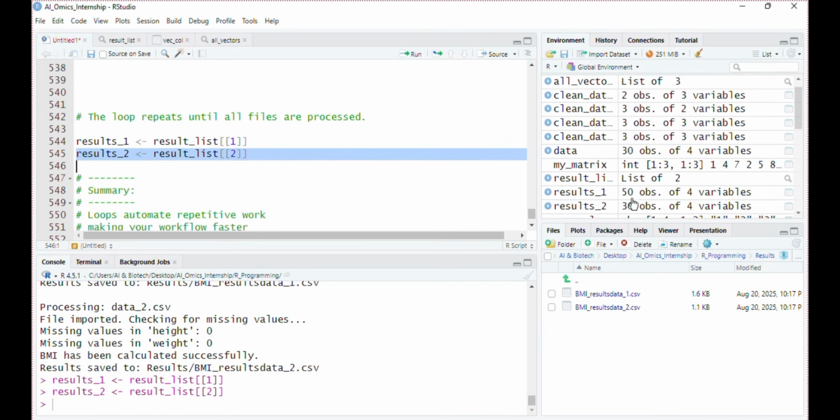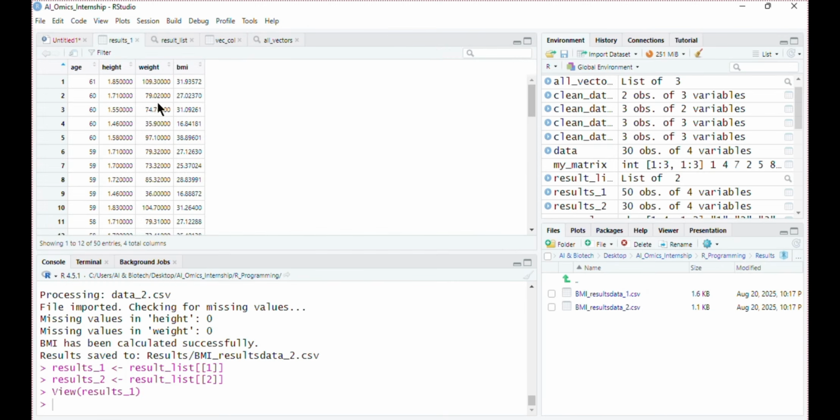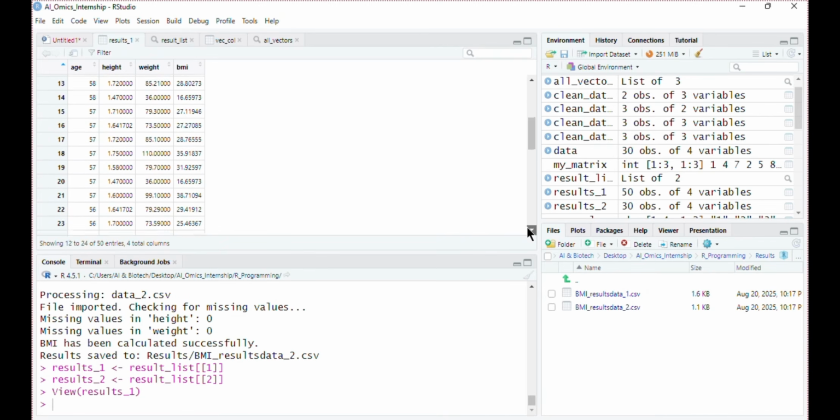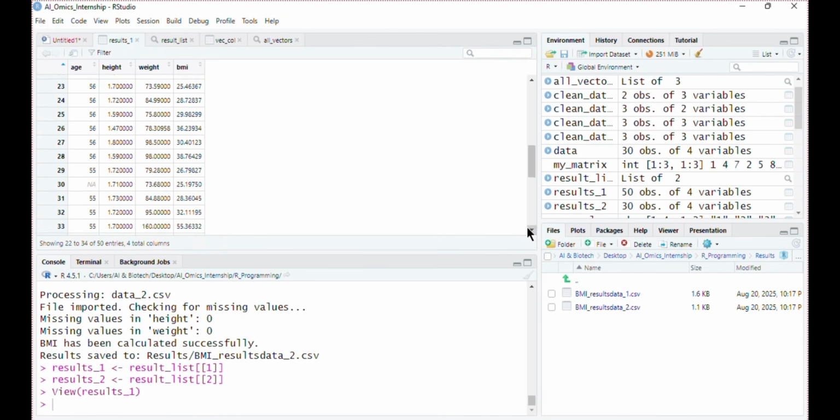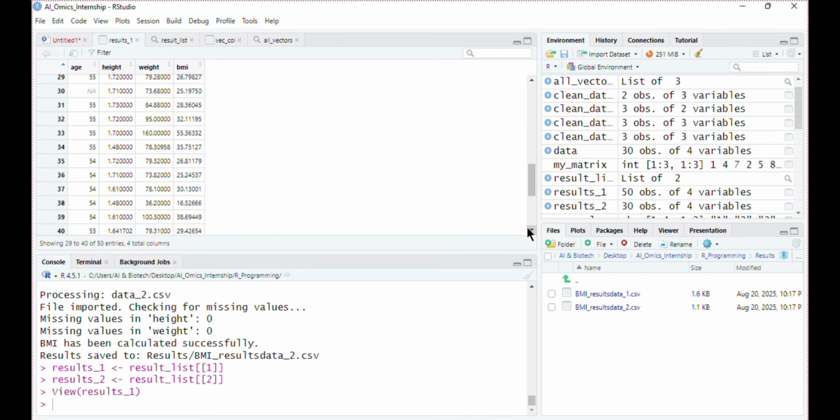So we have result1 and result2 here. Initially we had 3 columns for data1: age, height and weight, but after calculating BMI we have another BMI column added here. Here you can see we don't have any NA values for the weight and BMI columns, but we have an NA value for the age because we didn't use this age column in our calculations, so this age column remains untouched.